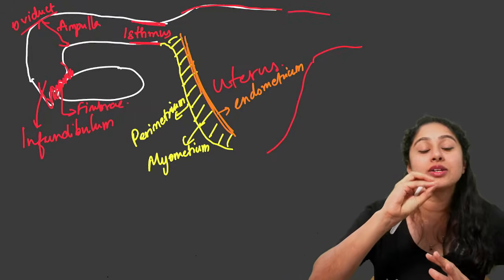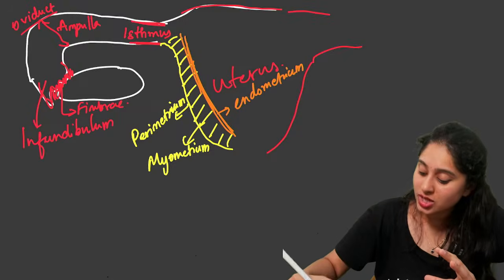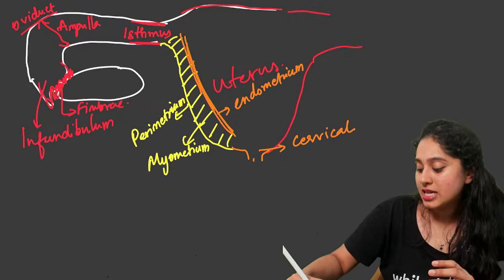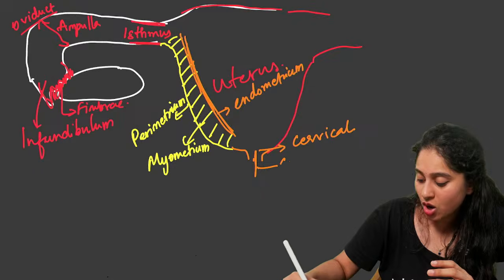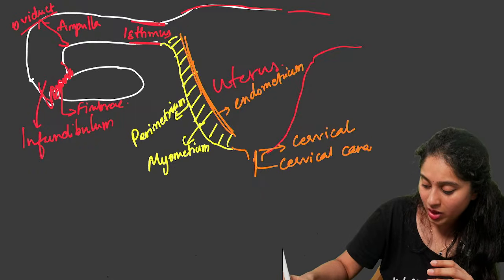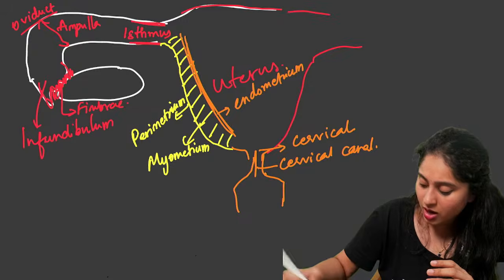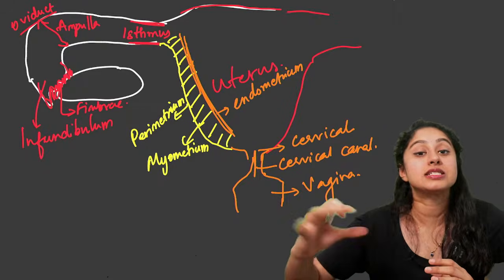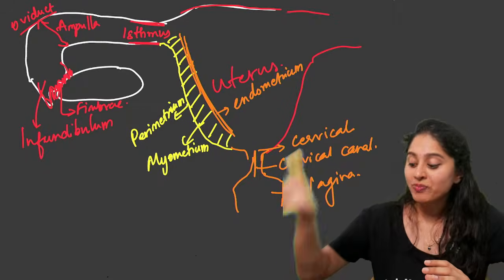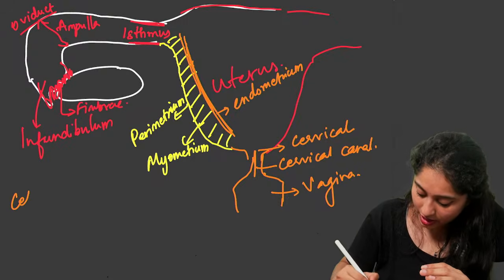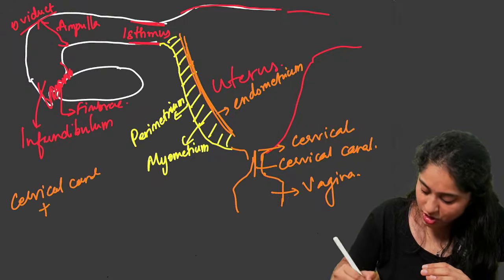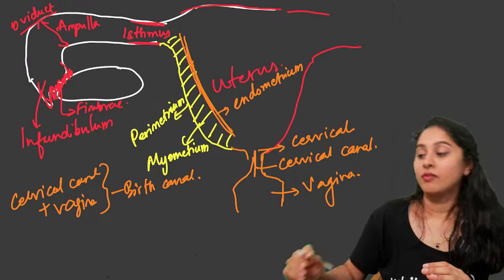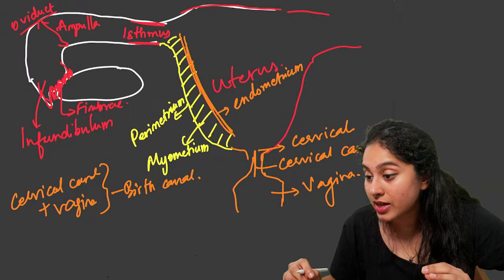Now, the end of the uterus has a narrow neck-like structure called the cervix, and in the middle of the cervix, we have a short cervical canal. This canal leads into a muscular tubular structure called the vagina, which accepts the sperms during insemination. During childbirth, this cervical canal plus the vagina together make up what we call the birth canal. Is that clear, everyone?